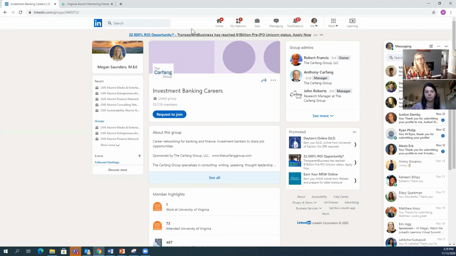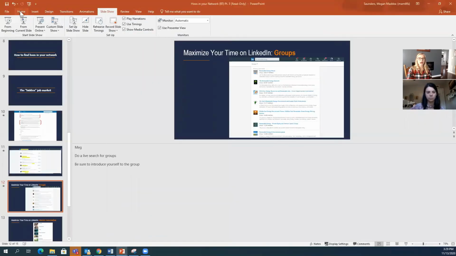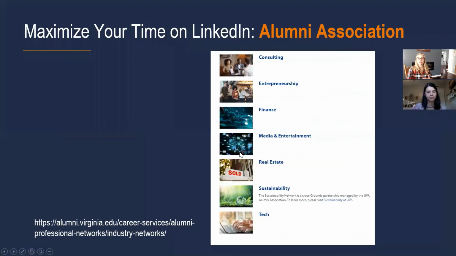So I just want to point those two things out for you, because I think that groups is a really great way to maximize your time, and I would definitely suggest you join a few based off of what interests you have. And speaking of groups, we have actually from our alumni association, they've created several different groups that you